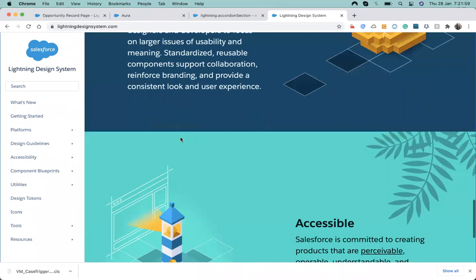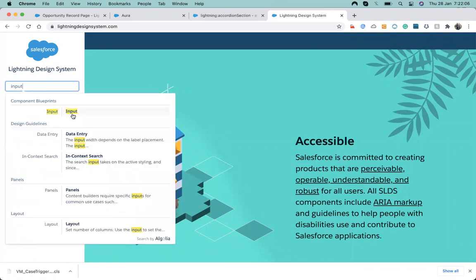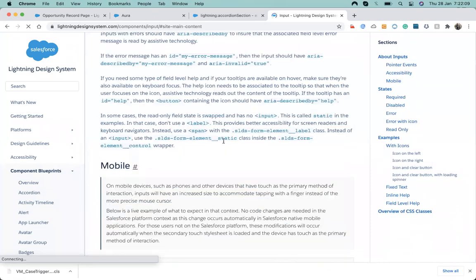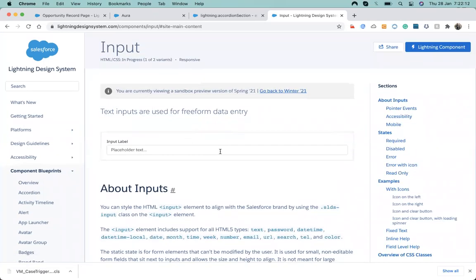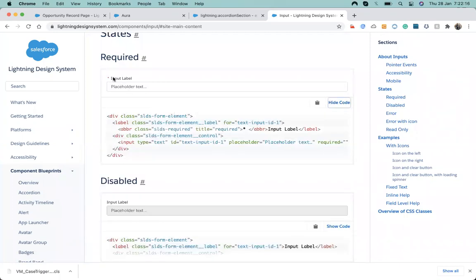In the Lightning Design System, if I need to design an input field, type input, and we have so many input fields. But the thing is that it is designed from scratch, which means we can see all the code related to designing this input placeholder, input field. So we just have to copy this text and paste it there, and you can use it.